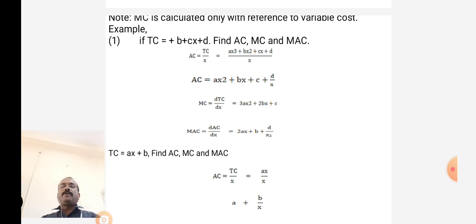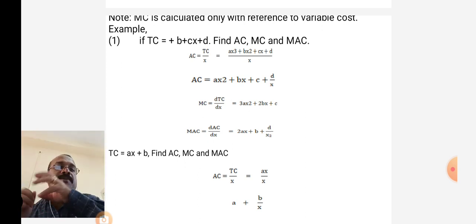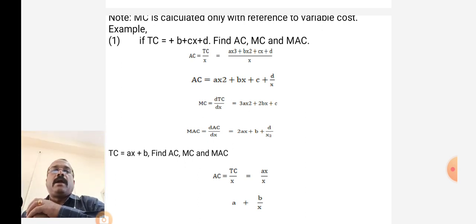Now, what could it be? There are various patterns to derive this. I have incorporated nearly 4 options by which you may derive this function, where TC equals ax cube plus bx square plus cx plus d. We have 4 options. Number 1,